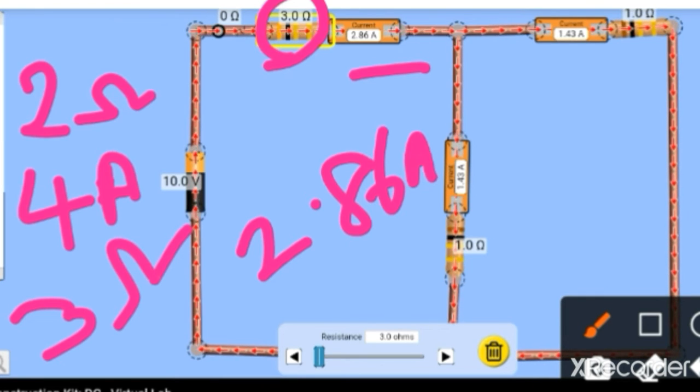So if you are increasing the resistance value, automatically the flow of current is restricted, so that the current value is automatically reduced. This is one of the explanations for easy understanding of the resistance and current relationship. If you are increasing the resistance value, automatically it reduces the current flowing through the circuit.